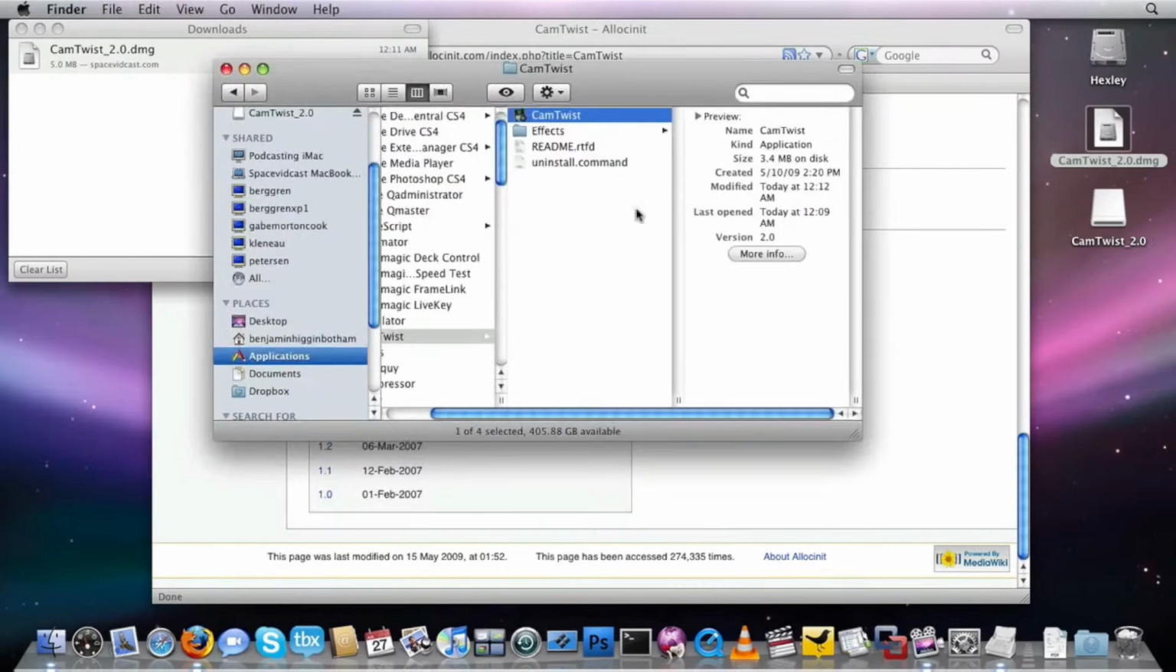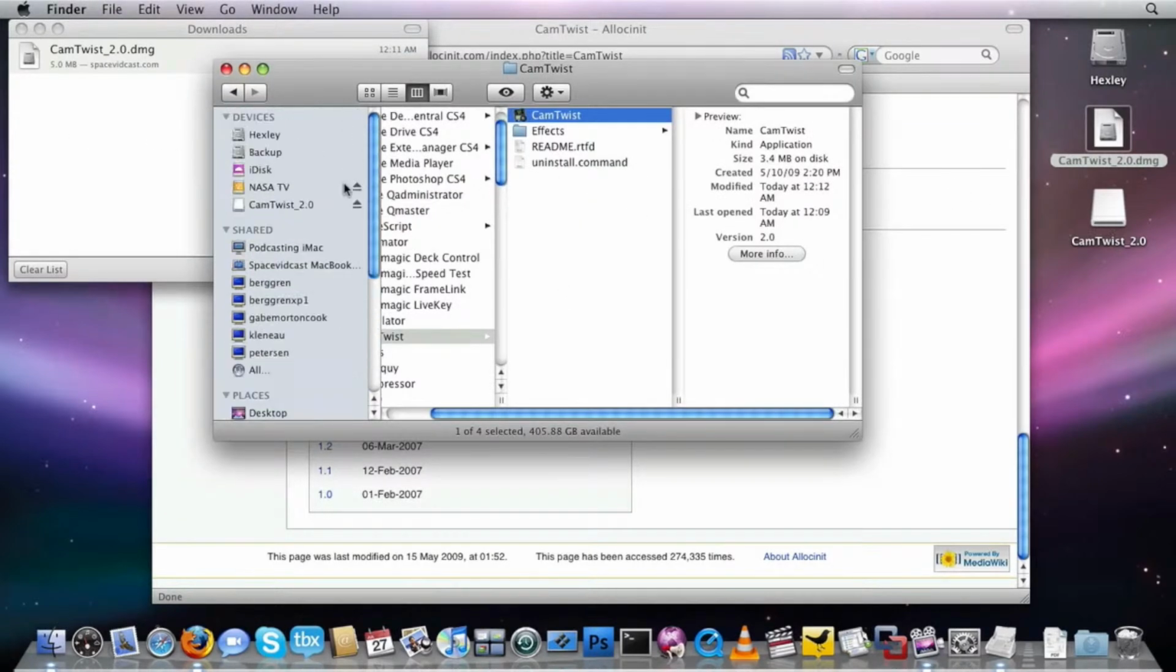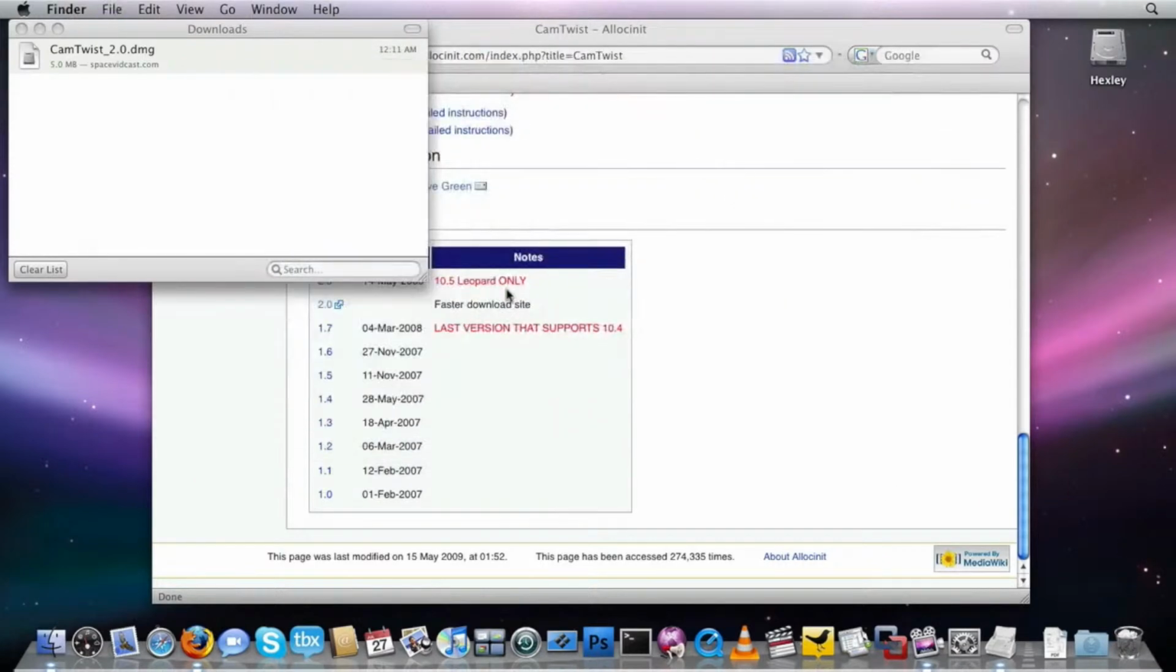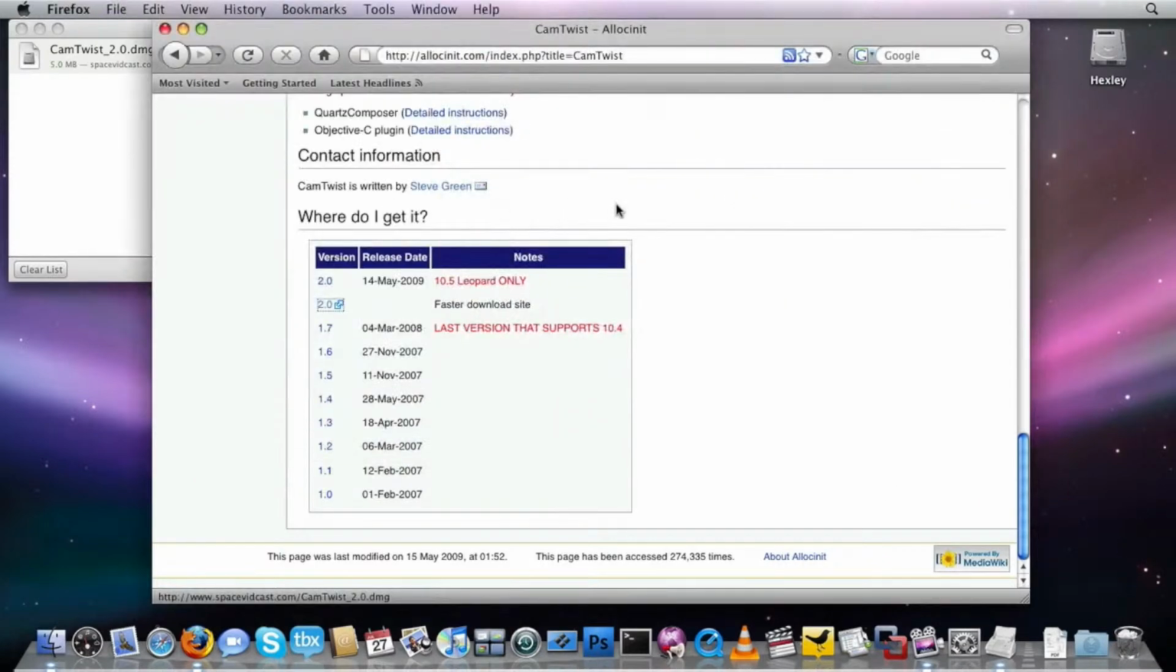That's great. We'll close out of that. I'm going to unmount my disk image. You don't actually have to, and I'll just delete that because I don't need it anymore. Great. Now, this next step is very, very important, and that is you need to close all of your